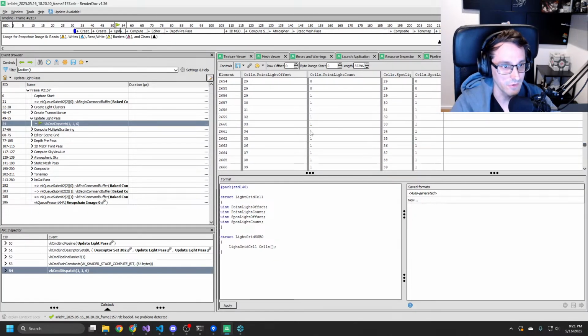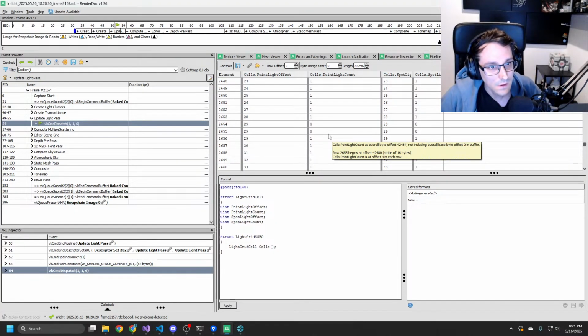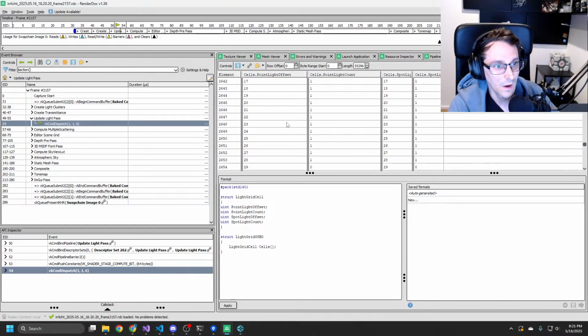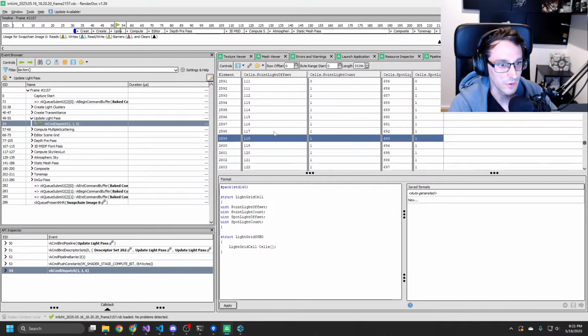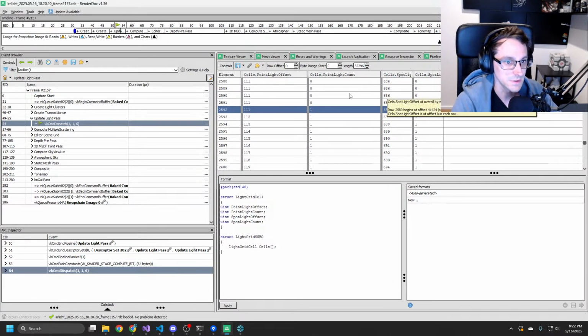Yeah, we have indices here. Okay. So we again have, yeah, somewhere around 2500. We have objects in there with the point light. And of course, we have as well